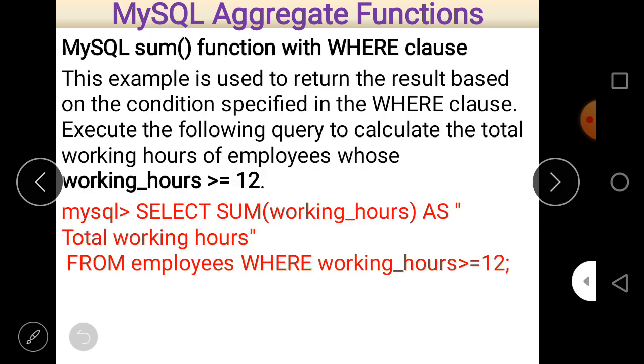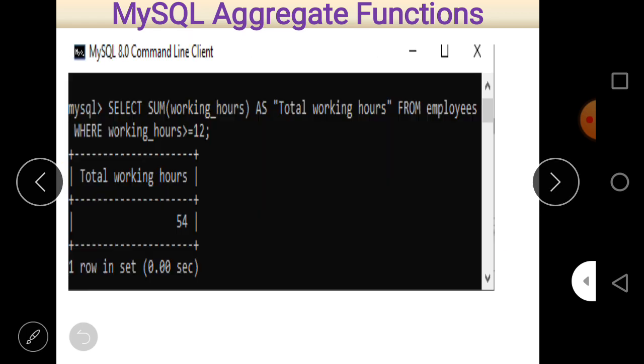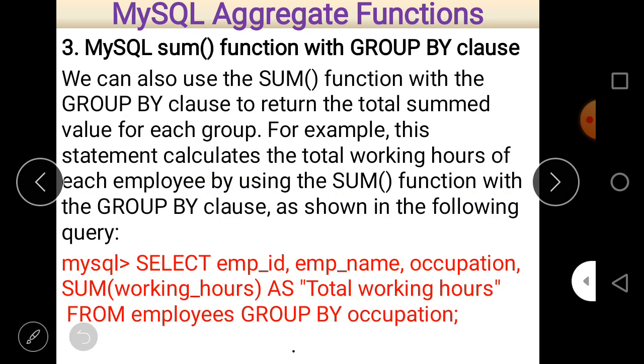According to that, let us check it. Select employee ID, employee name. These are the columns.